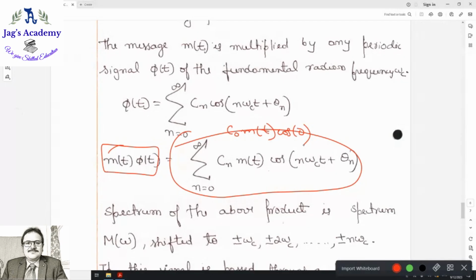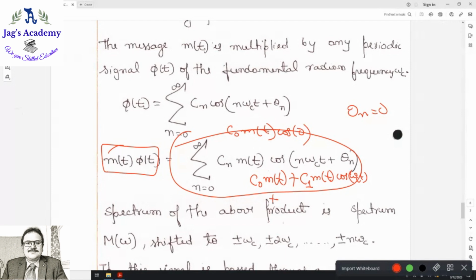Assume that phase shift is 0 for the time being. Assume that this phase shift theta n is equal to 0. And when you expand this, what will be the first term for n equal to 0? It will be C0 into m of t plus C1 into m of t into cos of omega ct. Now you have to tell me which term is required and which other terms are not